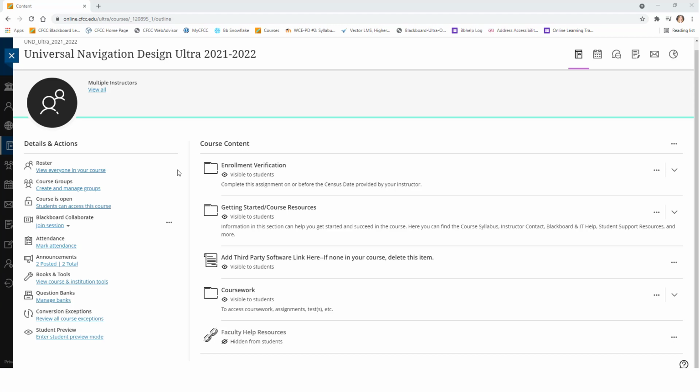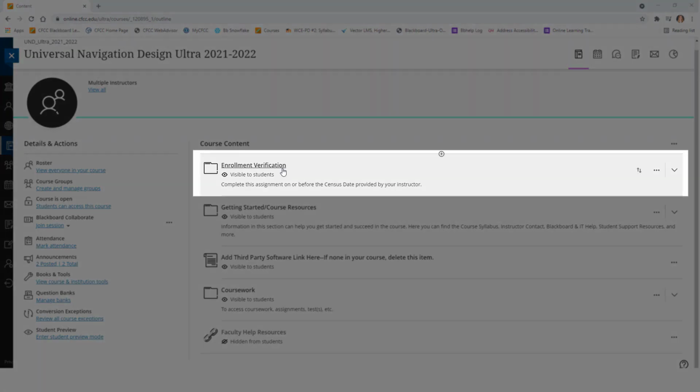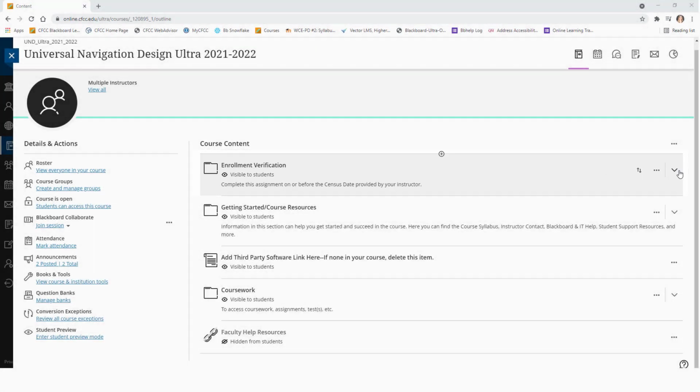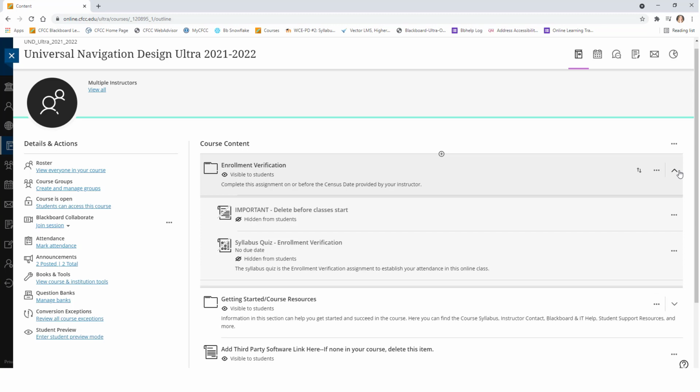Now let's take a closer look at the UND template in an Ultra course. First, the enrollment verification here establishes students' attendance in your course. It is crucial that you have students complete an EV quiz. A standard EV is built into each course as a syllabus quiz, which you will need to edit to fit your course. You can add or delete questions, but you will need some type of quiz that students can respond